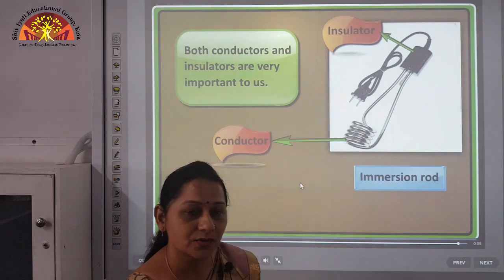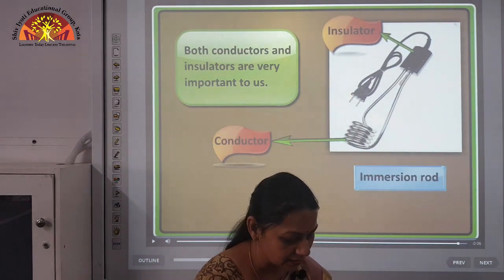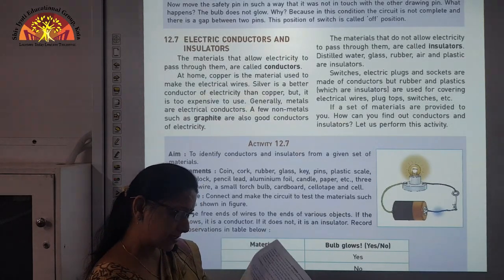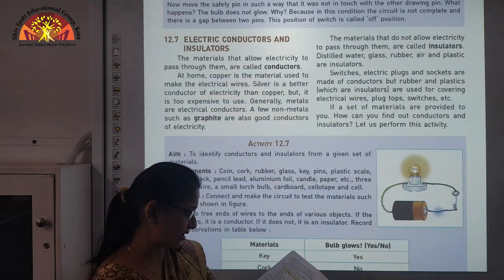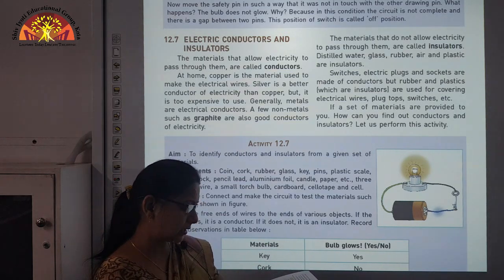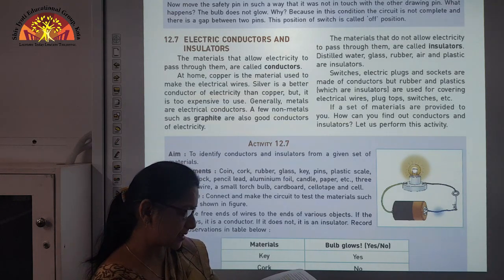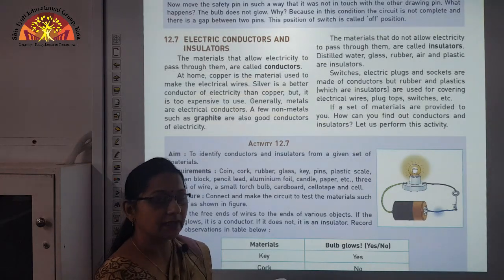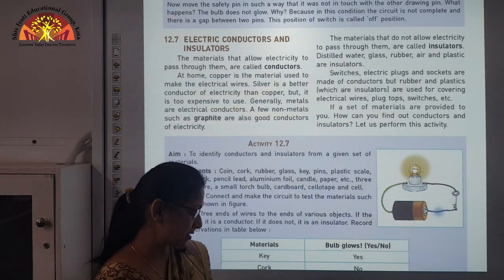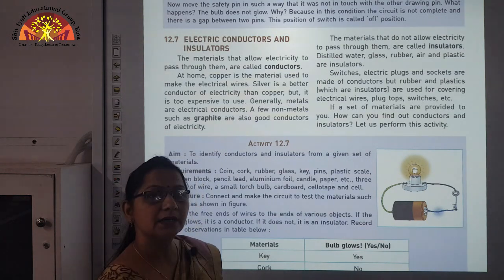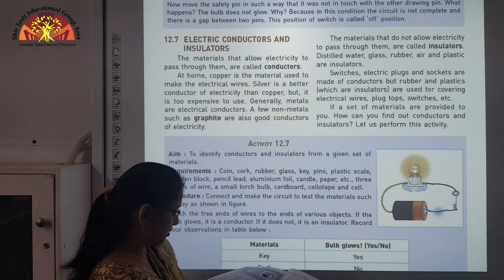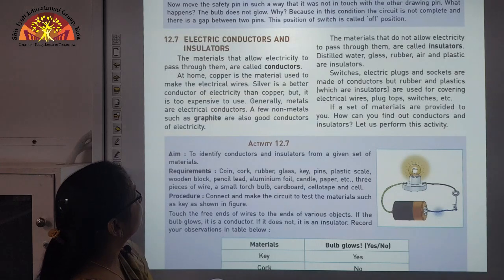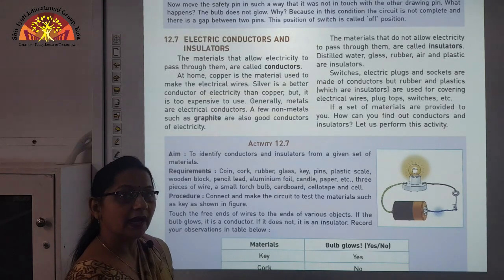Now children, I am going to tell you the internal questions of this chapter. Our first internal question is taken from page number 178, question number G, third part: Name 3 materials that are conductors of electricity. We have discussed the conductors just now. So what are the 3 conductors? You can write the answer: copper, silver and aluminum, and you can find this answer on page number 174, children.